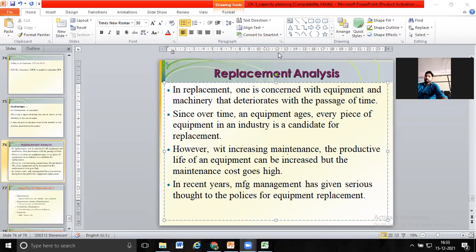Okay. So the last point is remaining, that is nothing but replacement. Replacement means removing something from the company and bringing something new into the company. So that is nothing but a replacement. Okay. We know that when we purchase the new component,